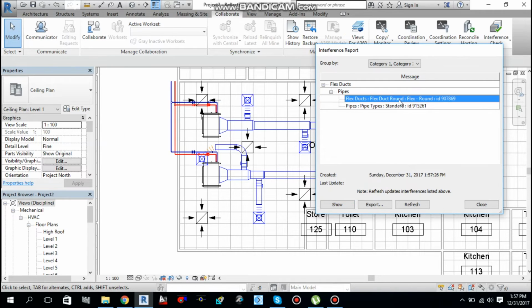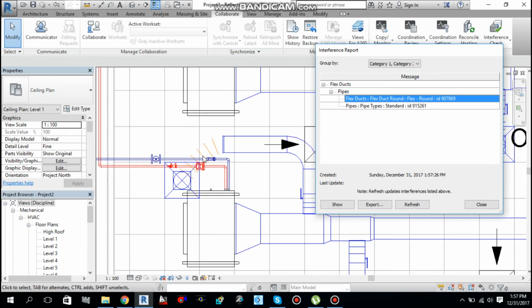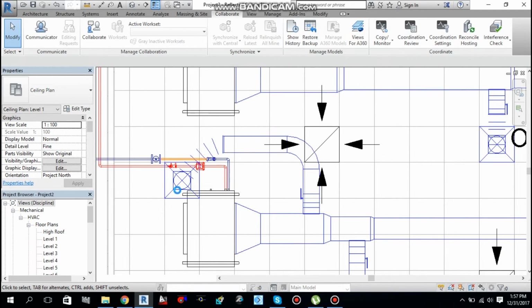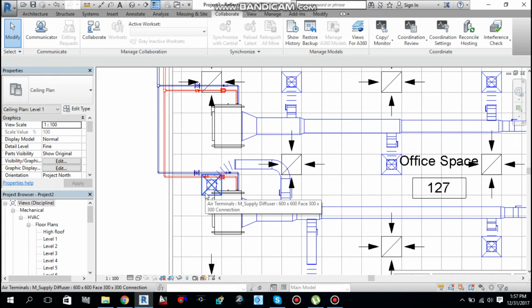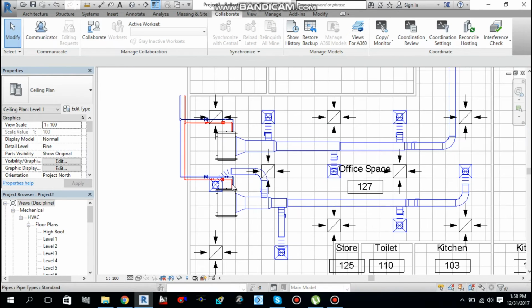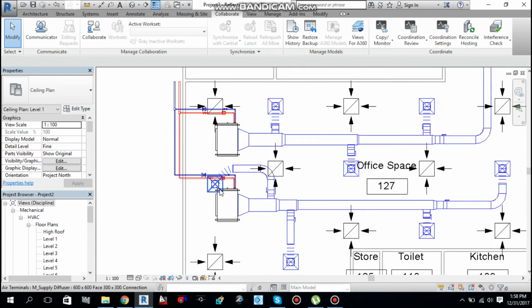If I select this one, it will highlight in the model with this orange color. You see, if I select this one, this supply chilled water pipe is colliding with this flex duct. So I need to fix this one. Let's close it. So that's how you will get an interference message if you have any interference in your project.